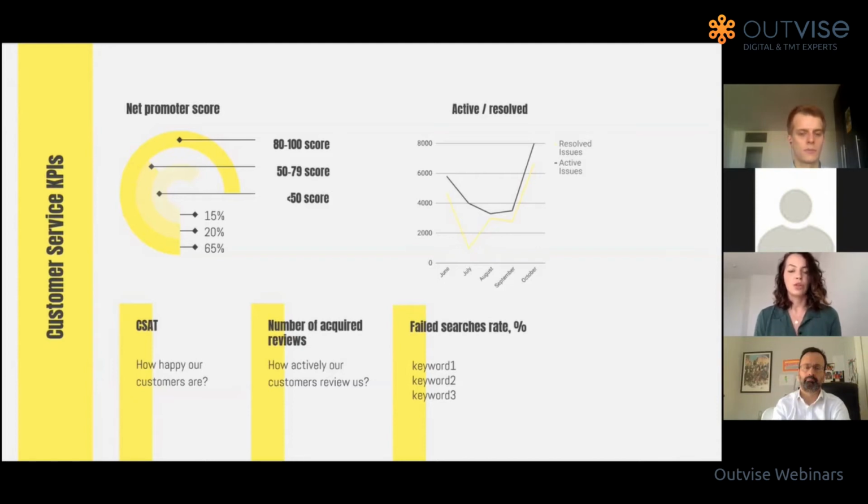Also, you can measure some money values, for example, as a cost per call or any contact. If you know how much, for example, your employees' time costs, you can break it down and calculate everything. Or, for example, you can also estimate the training investment per employee. That's also part of this, maybe called cost per call KPI. Also, there is average after call work time, if you really want to dig deep, and you can also analyze this. Or, for example, wait time for callers.